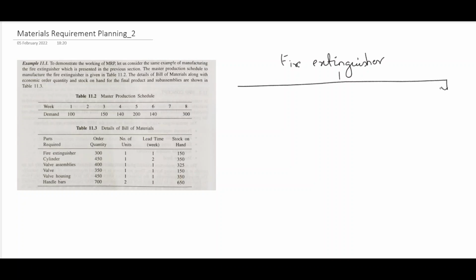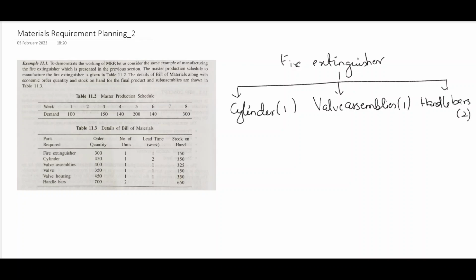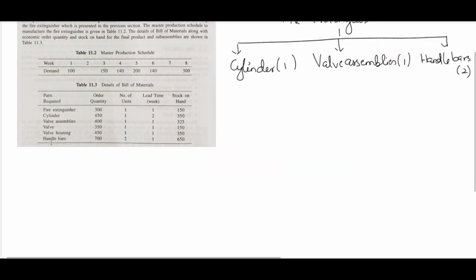The fire extinguisher consists of three main subparts: cylinder, one number; valve assemblies, one; and two handlebars. Now we will do the MRP calculation of these three subparts. First one is our cylinder. So, cylinder,